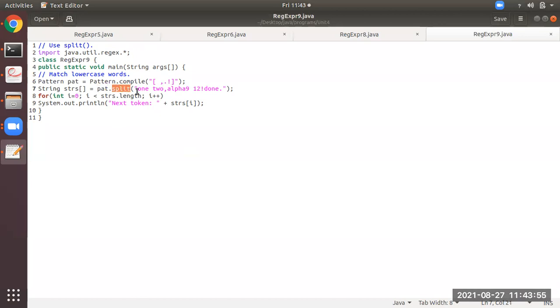Split is invoked on this string of characters, a collection of characters: 1, 2, comma, alpha, and so on till done dot. So there are delimiters. These 3 delimiters are there in this split parameter, so this will be broken down according to these 3 delimiters.